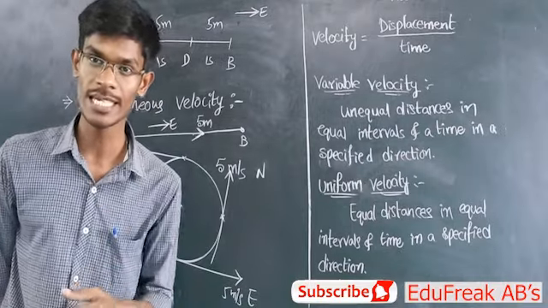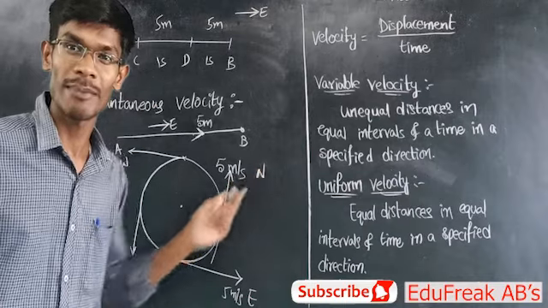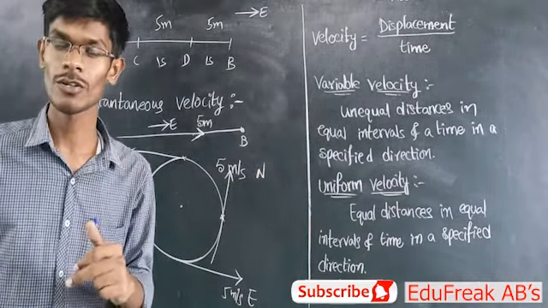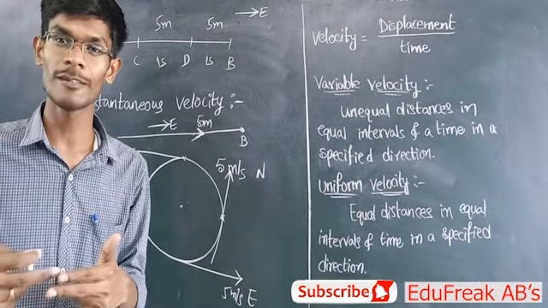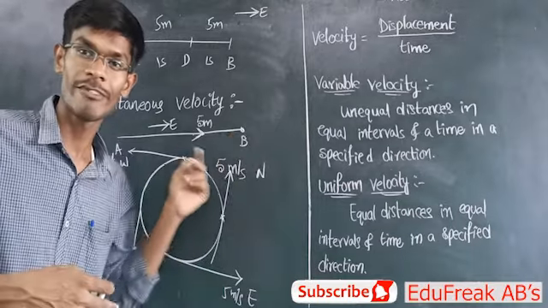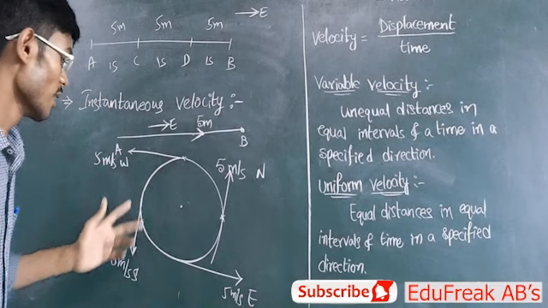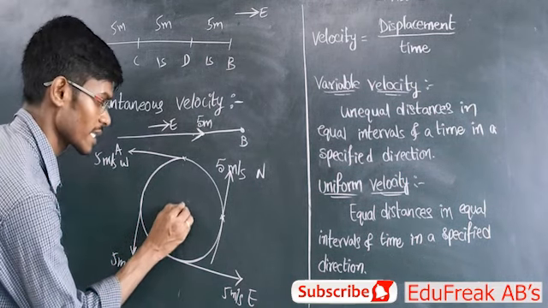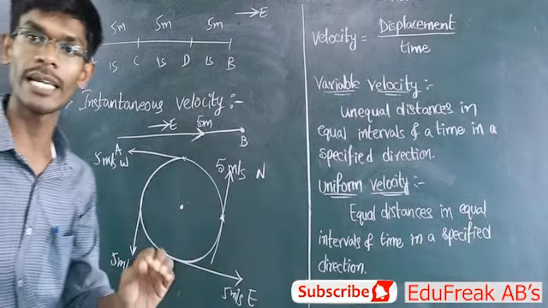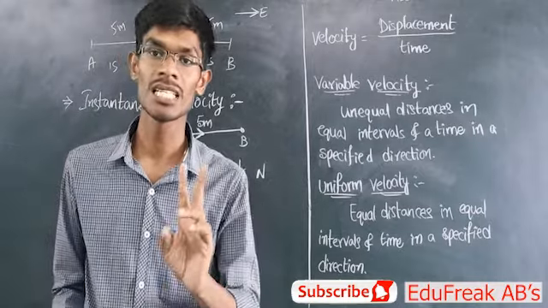If the direction is changing, then north is not the same as south and east is not the same as west. Then there is a difference, right? So if it is not changing its direction, then we can consider that uniform. But if it is changing its direction, then that is not uniform. Whatever tangential direction we draw at a particular point gives us the instantaneous velocity of the object.